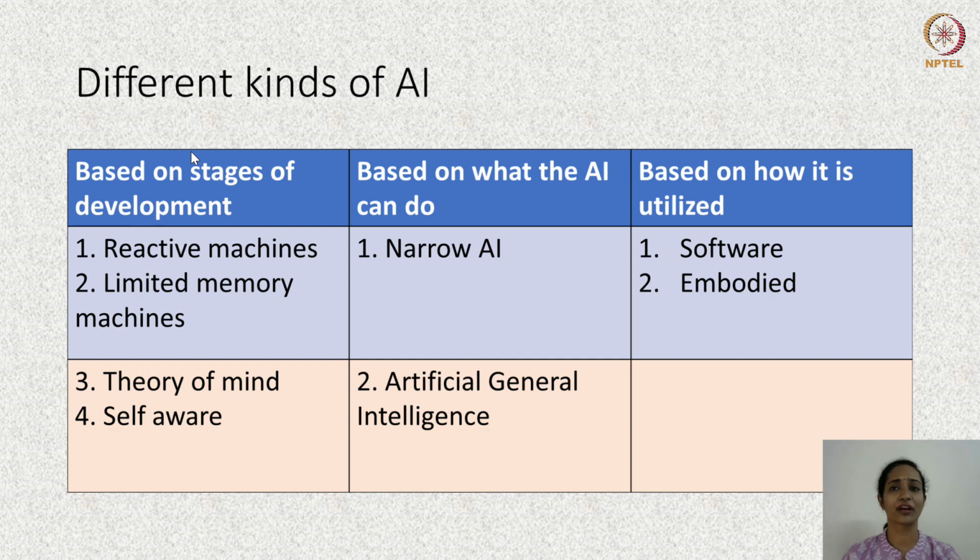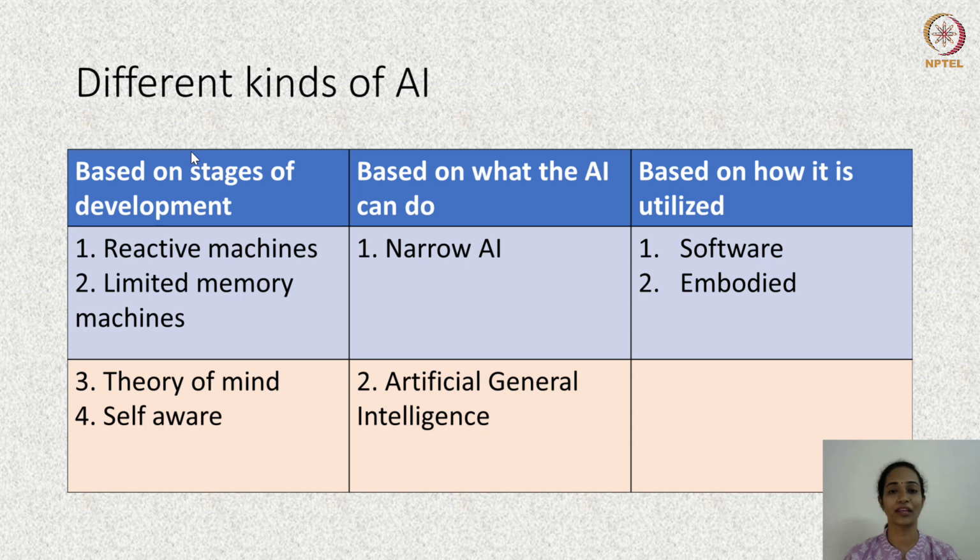Now, what are the different kinds of artificial intelligence? Artificial intelligence can be classified in many ways. I have presented here 3 popular ways of classifying artificial intelligence. First, it can be classified on the basis of the stage of development the artificial intelligence is in. The first category are reactive machines. This is very limited artificial intelligence which works on a set of pre-programmed tools. It does not have a memory and it is also not capable of taking in new data and then using that new data to refine its models.